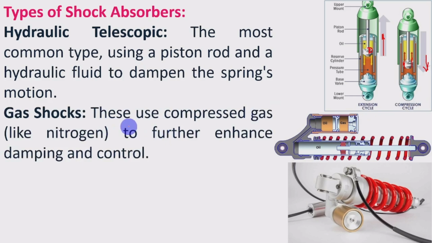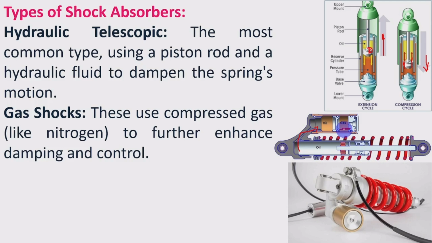The second type is gas shocks. These use compressed gas like nitrogen to further enhance damping and control. Such arrangements are used in gas shocks. Here, the hydraulic system is there for the damping first, and later that oil will flow to another chamber where the gas is contained, and further flow of this oil will be controlled by this gas, and thereby the gas also slows down the movement of the shock absorber, and thereby